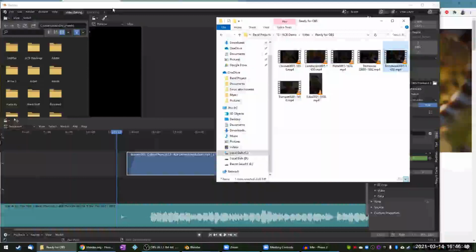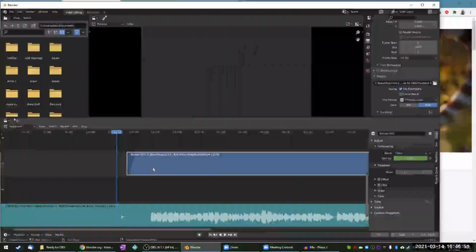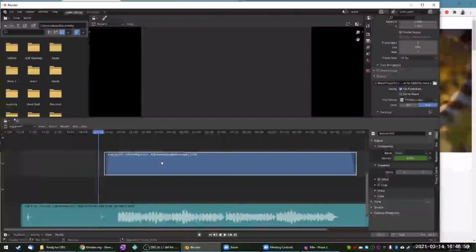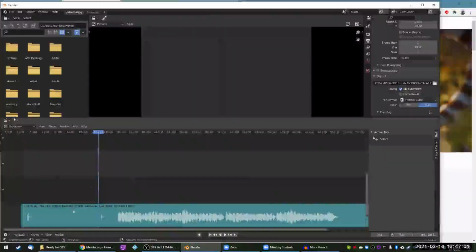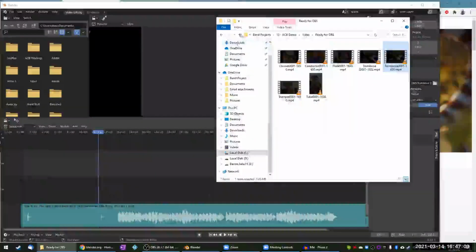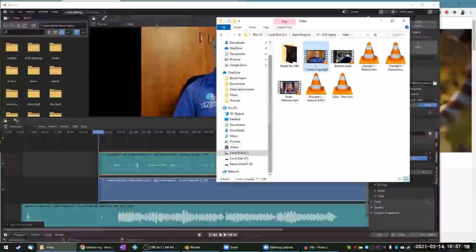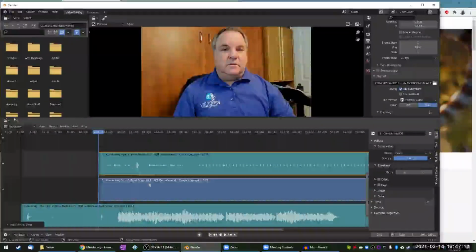So just like with Audacity, this whole process would then just be repeated for everybody. You could use the same project file that you're working in and just simply click on and hit the delete key on the keyboard to remove that video, and then drag the next video that you want to work on. Maybe it's the conducting video or whatever you want to do to get that all set up and in place. But I'm not going to go through all of those.